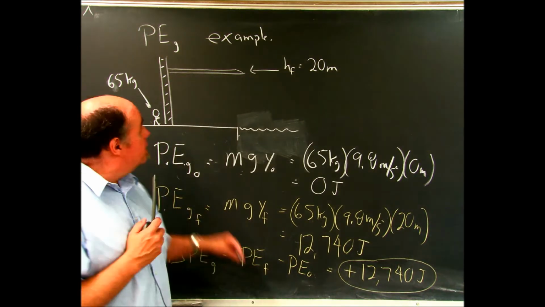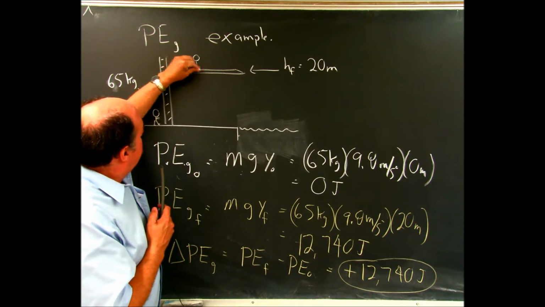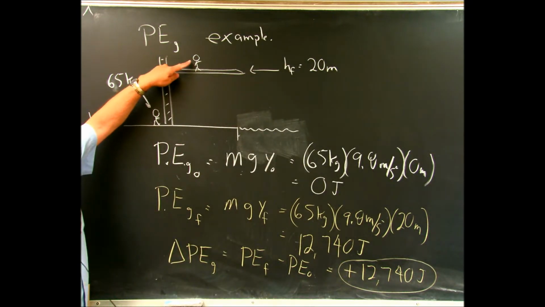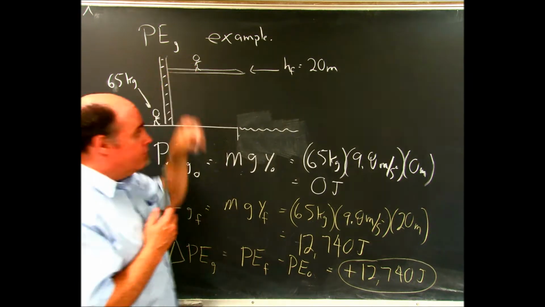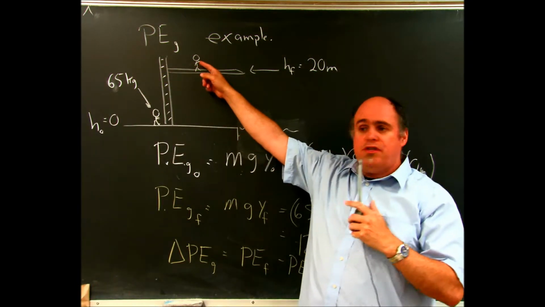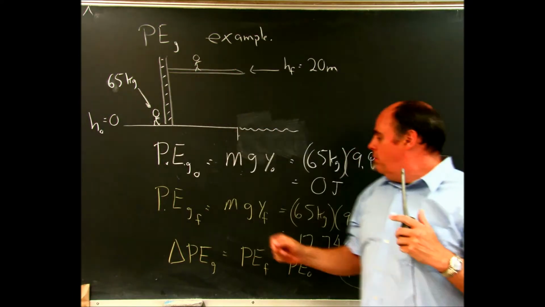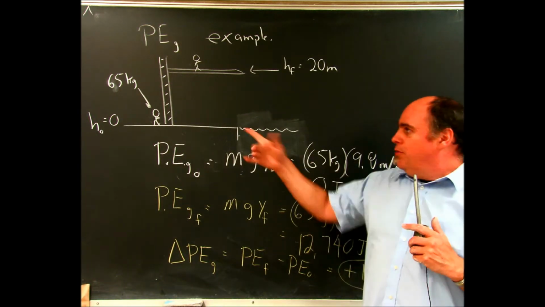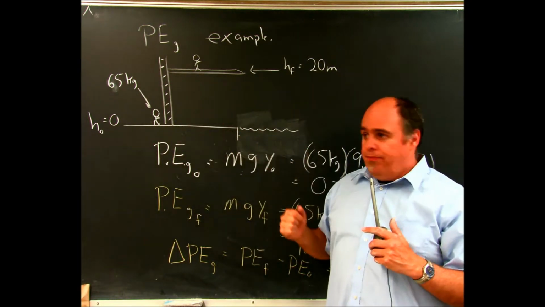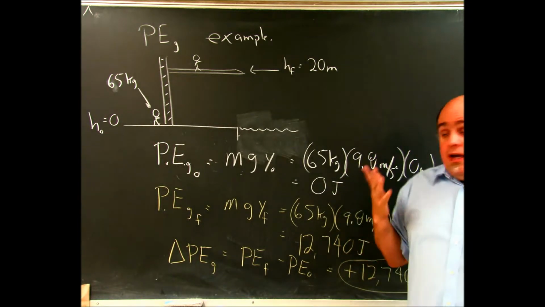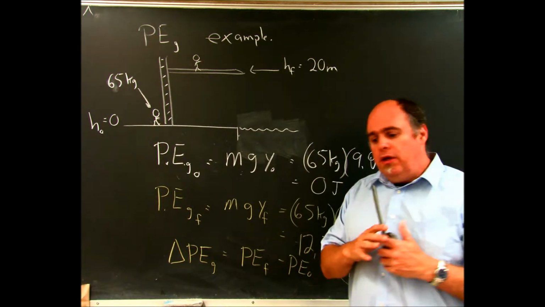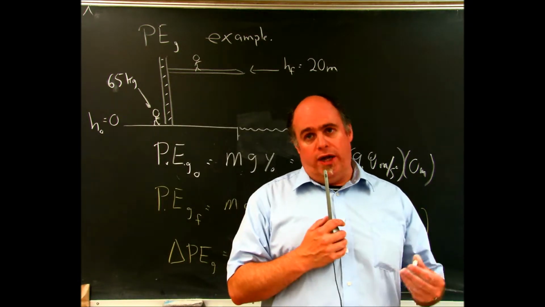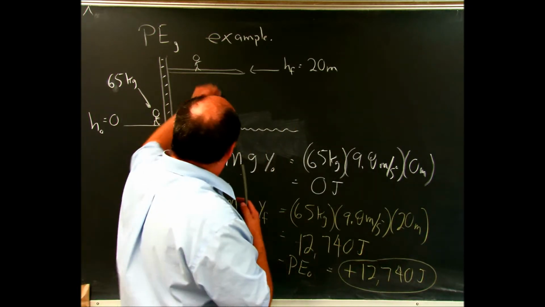So the person basically gets up to the top. Okay. So if the person is at the top, how did they get? The question might be, how did they get this much gravitational potential energy? Well, they physically pulled themselves up the ladder. So they grabbed hold of the ladder in each rung and they pulled themselves up. And then when they did that, they basically did work on their own body. So when they were pulling themselves up, they had to apply a force that was equal and opposite to their weight. So the work that this person did, work by the person,